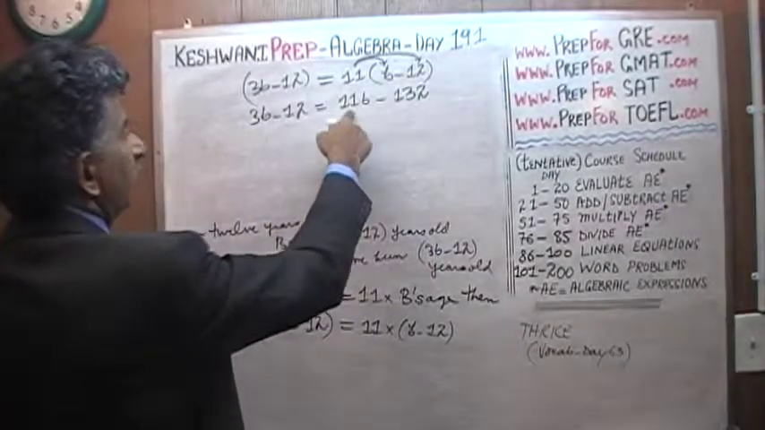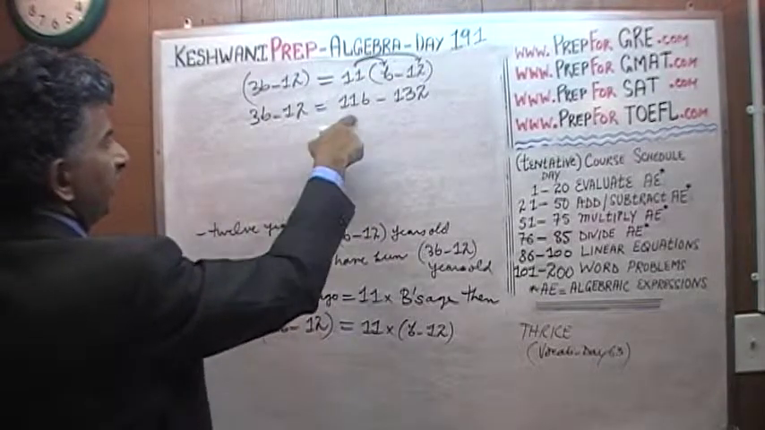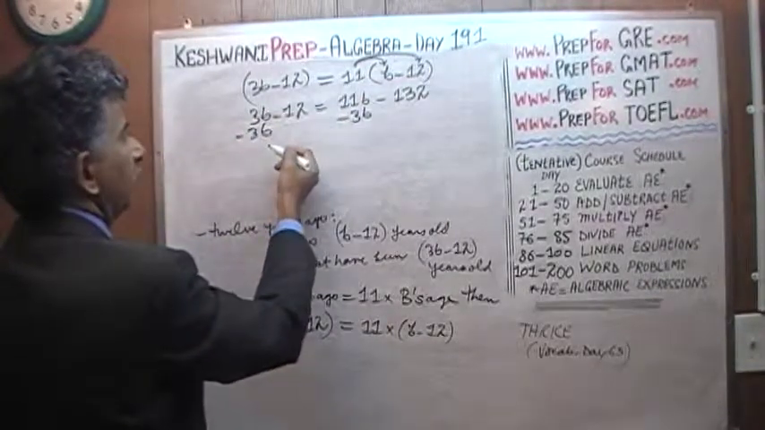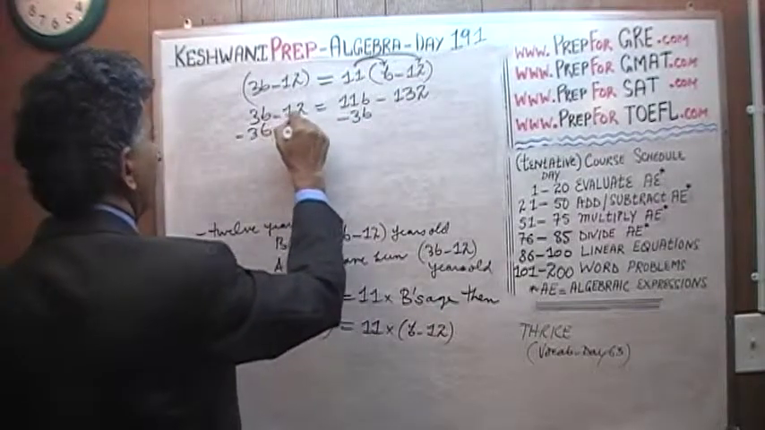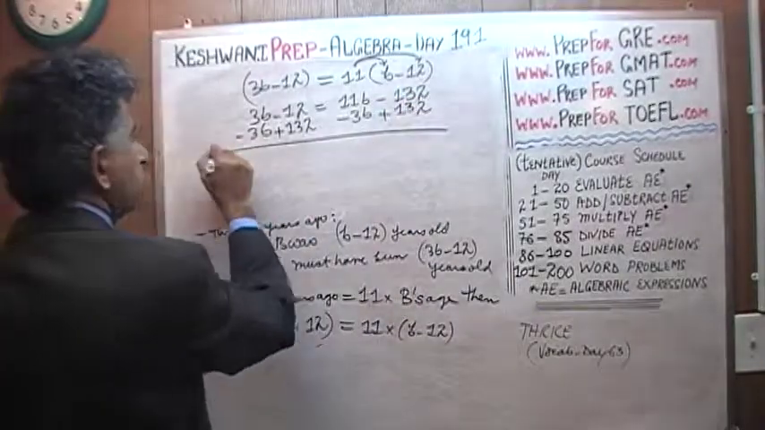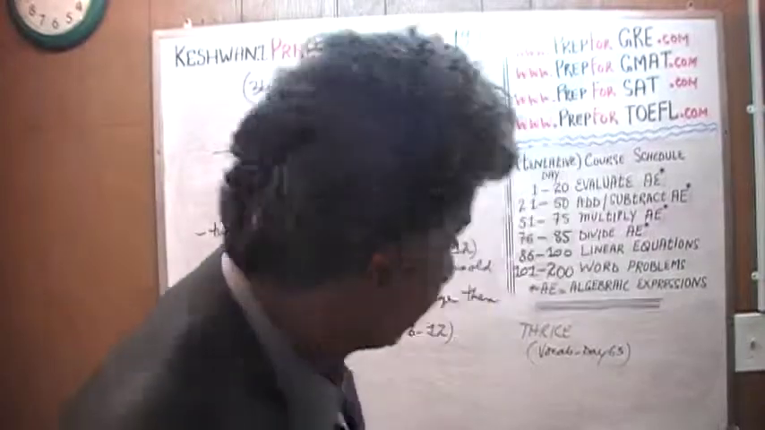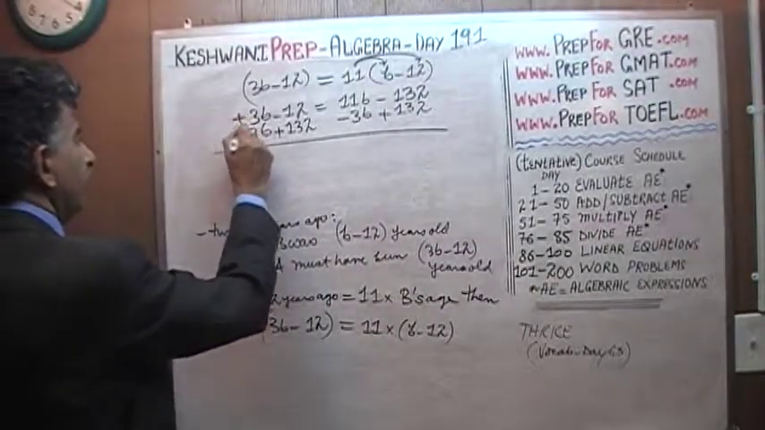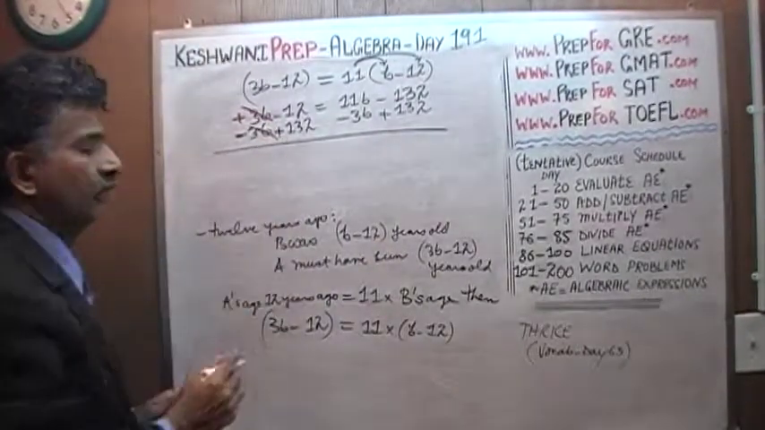This 11b, if you were to bring this 11b on this side, we'll end up with a negative coefficient. I don't want that, so let's bring this 3b here. Subtract 3b from both sides. And then let's bring this guy over here. So let's add 132 to both sides. And what we end up is this positive 3b and this negative 3b, they cancel out, of course, that was the whole point. Positive 132